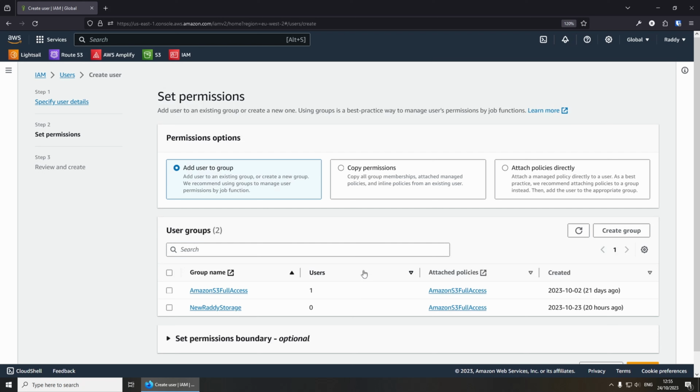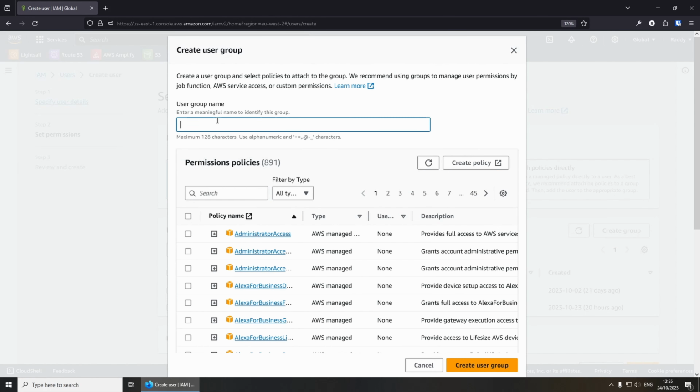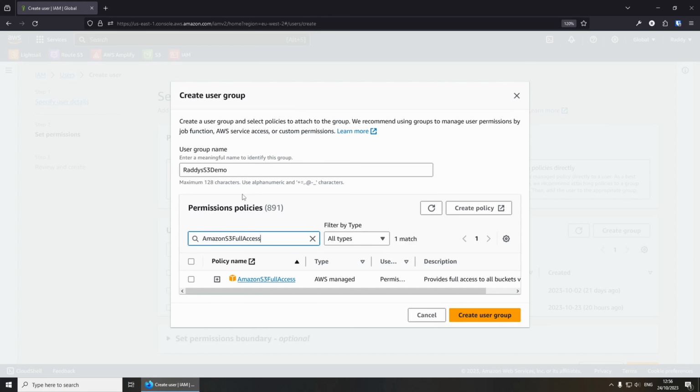From here, as you can see, I've already got two groups. I was testing one earlier, but essentially we need to create a new group because you probably won't have one yet. So I'm going to create a new group. From here, we need to give it a group name, Redis S3 demo. And then we need to give it the permissions, and I'm going to give it full access permissions. So search for Amazon S3 full access, click on this, and then